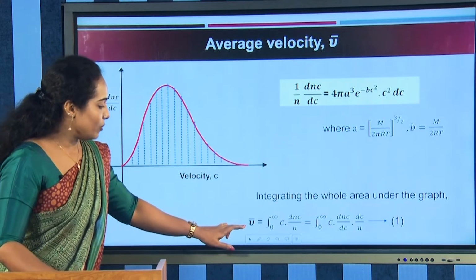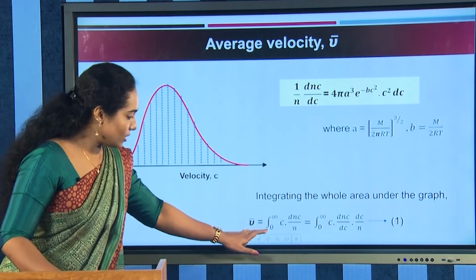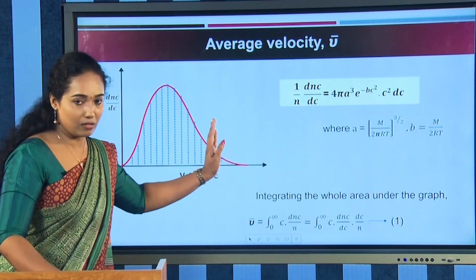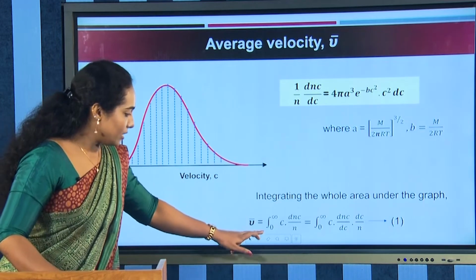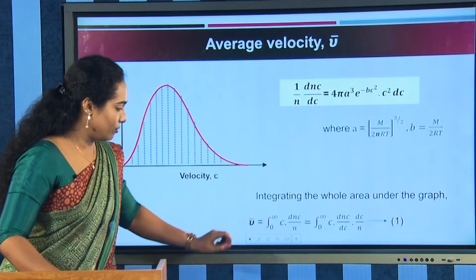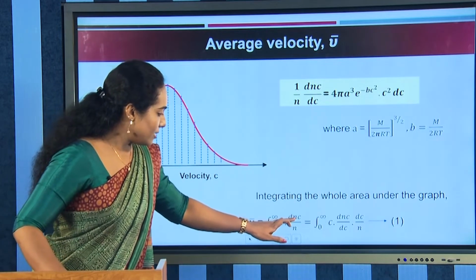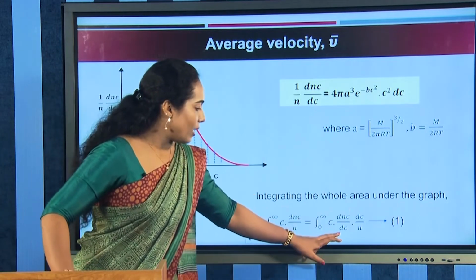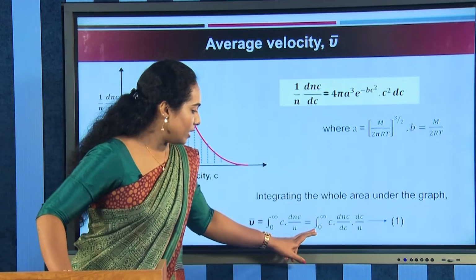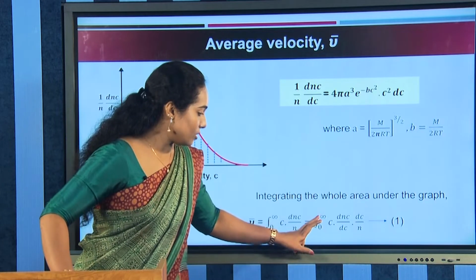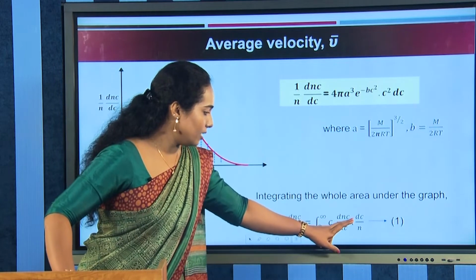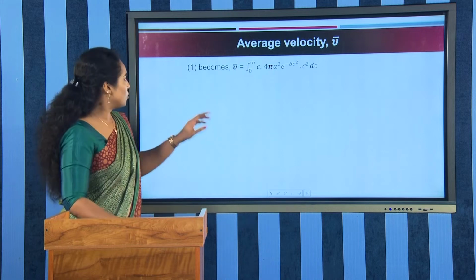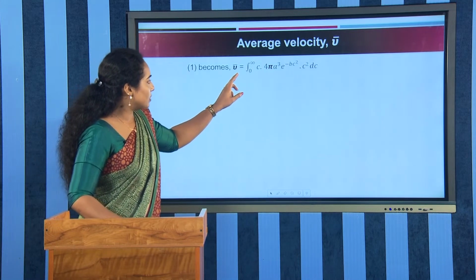Okay. That is average velocity is equal to integral 0 to infinity, that is from the origin, that is 0 velocity, to the last velocity. So, we integrate 0 to infinity c into dnc by n, which will give the average velocity. Now, we are multiplying and dividing with dc. Okay. So, that we get it as integral 0 to infinity c into dnc by dc into dc by n. Okay. Now, we are substituting our Maxwell relation to this, and mu average will be written as